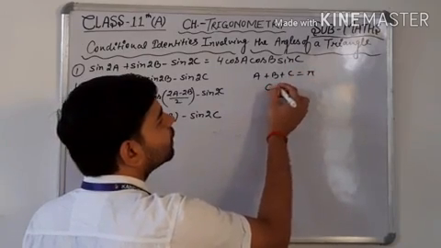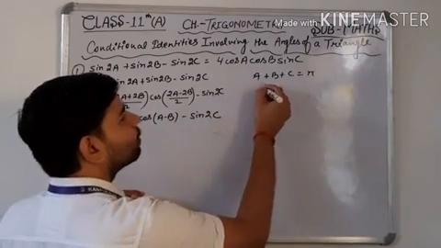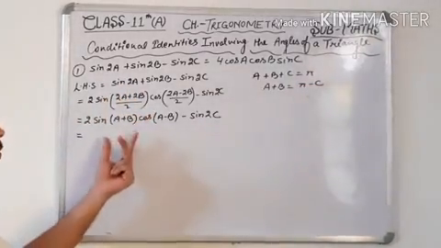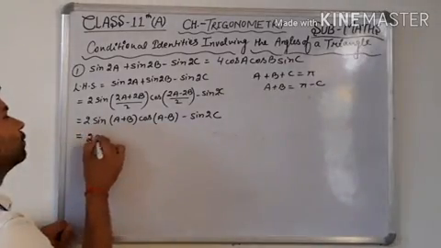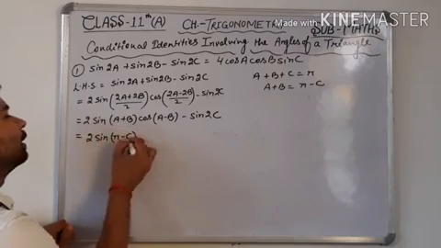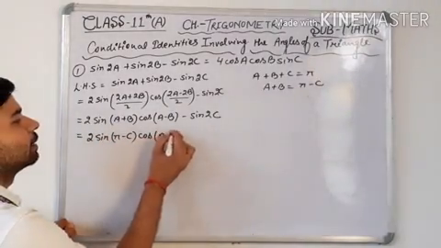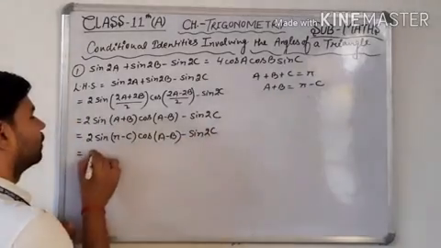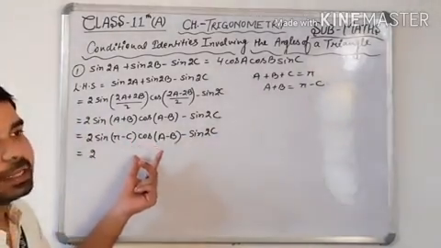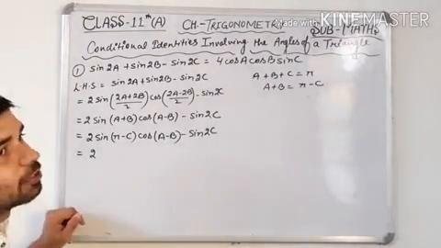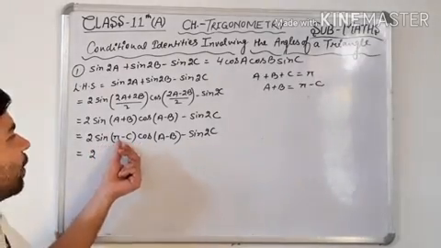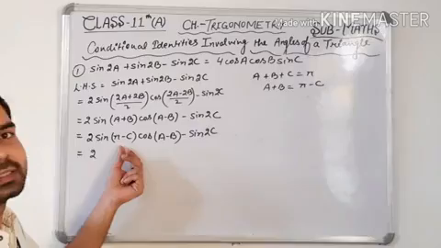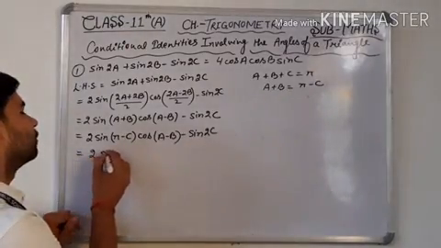From here the value of A plus B is equal to pi minus C. Put this value in place of A plus B. We get 2 sin (pi minus C) cos (A minus B) minus sin 2C. Sin (pi minus theta) is equal to sin theta. Pi minus theta means the value lies in the second quadrant, and in the second quadrant the sign is positive. So this is equal to 2 sin C